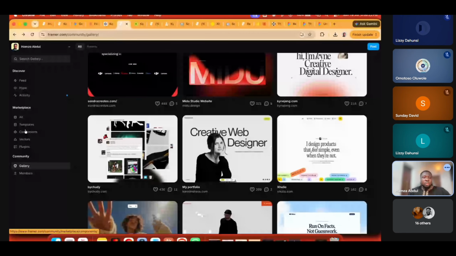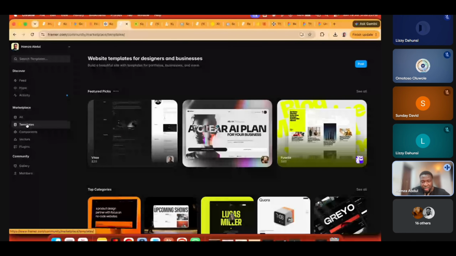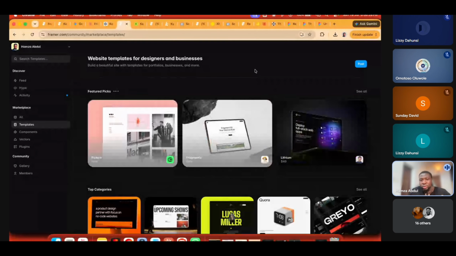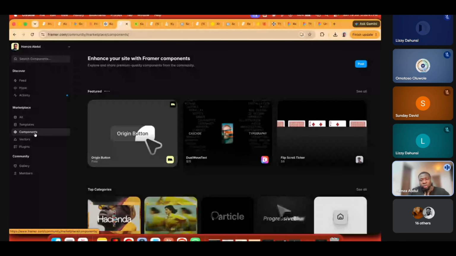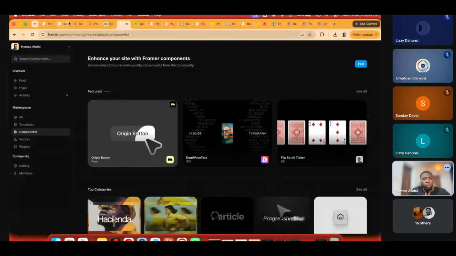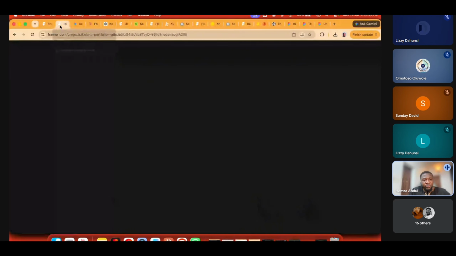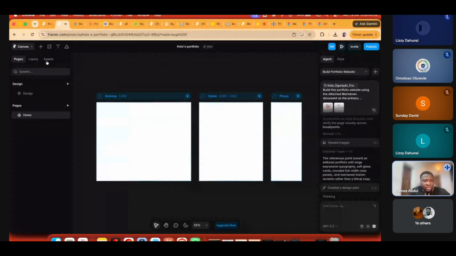So we talked about templates, and I told you that the template marketplace is kind of a shambles because of how easy it is to steal a template and rebuild it and all of the likes. Same goes for all of these components, right? There's something called code in Framer, right? So if you look at these assets here, you see this code here, right?